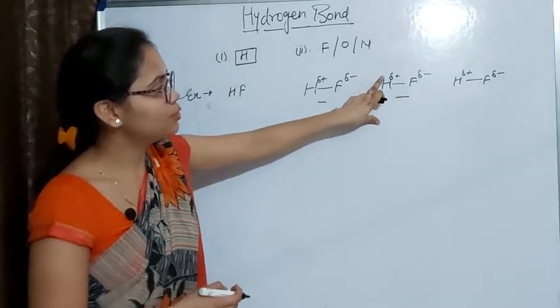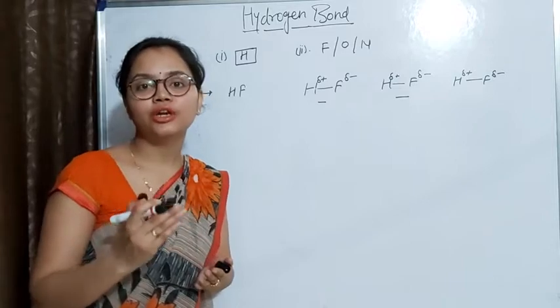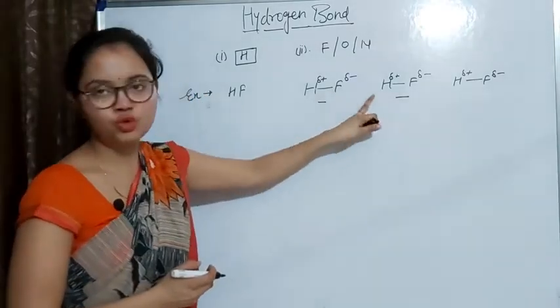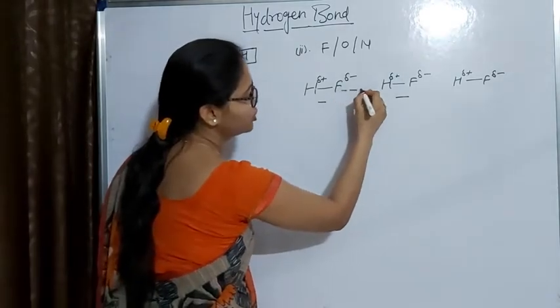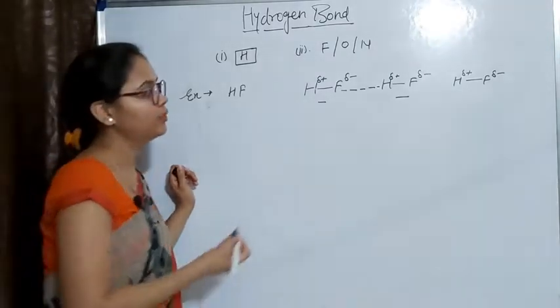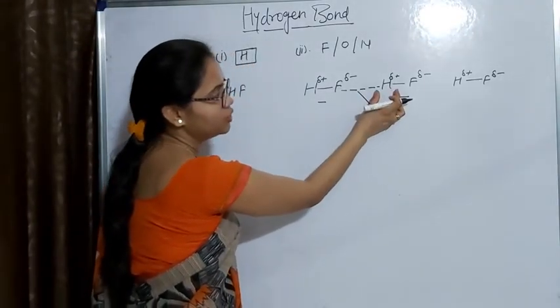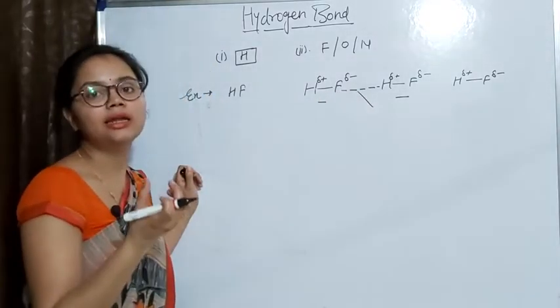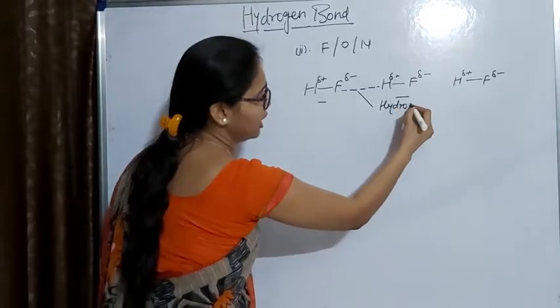Because of this opposite charge, a kind of electrostatic force will form between these two ions, okay, and that force or bond we can represent by these dotted lines, okay? This electrostatic force which is formed between the hydrogen ion and a highly electronegative ion is known as hydrogen bond,